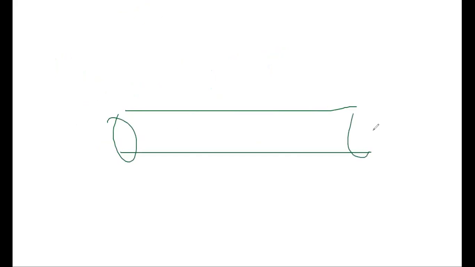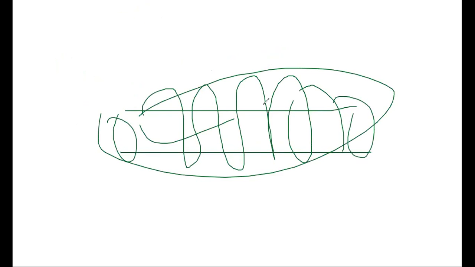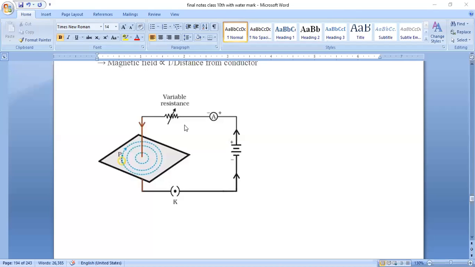And if I just encircle this conductor into a solenoid, a hollow tube, then it is called a solenoid. Then how will the field be? So all these things we are studying in this topic. See here, in the first case what are we considering? We are considering the conductor which is in a straight line.